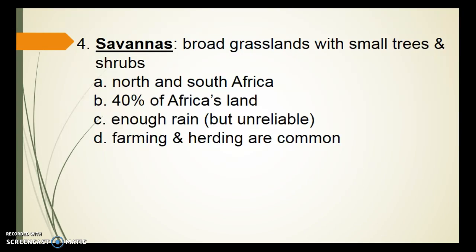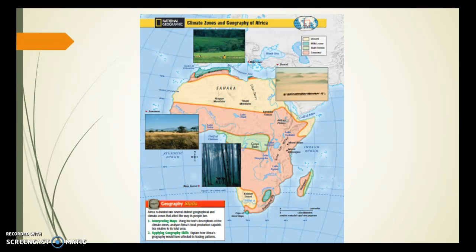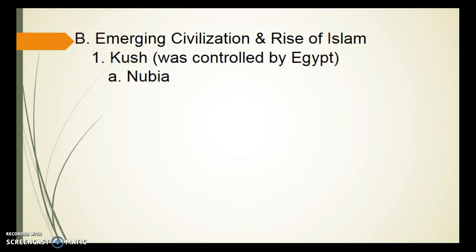They get a lot of rain, or at least enough rain, but it's very unpredictable and unreliable. So farming and herding are very common in this area. And again, you can see those are the peach shaded regions of Africa. All right, so